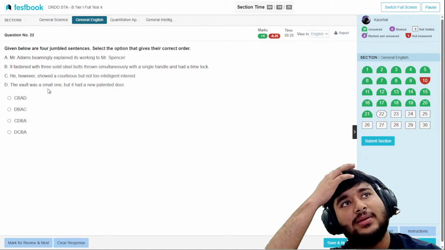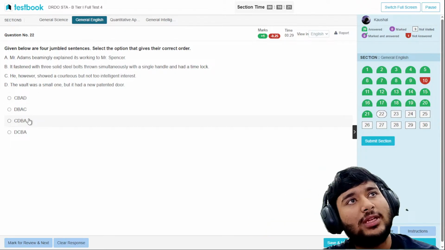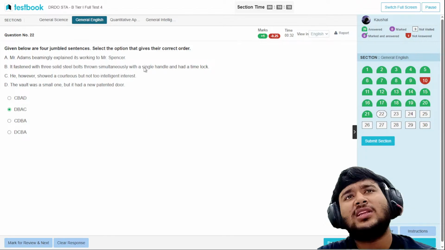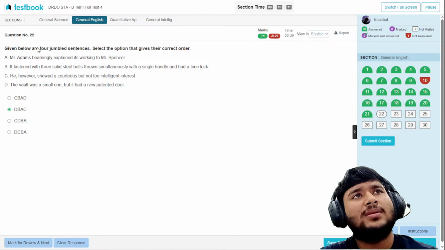DCADB. Fastened with three solid steel boards, three boards throwing simultaneously with a single-handed handle and had a time lock. Mr. Adam explaining to Mr. Spencer. He, however, showed the courteous and